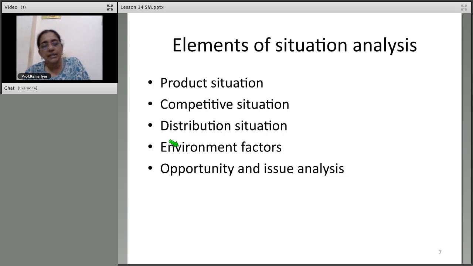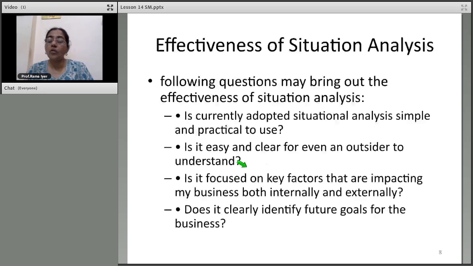Environment factors, or environmental factors, external and internal, have to be taken into account. What does this include? Economic and sociological factors. Economic as in money related. Sociological is the general society related, right? All that will also impact the performance. Opportunity and issue analysis. Opportunity is what? In your SWOT, you have these opportunities and threats. No? That is what this is. There's nothing more to it than that.